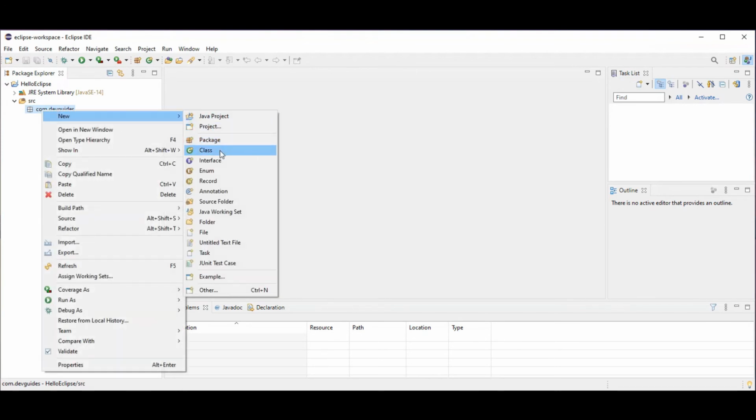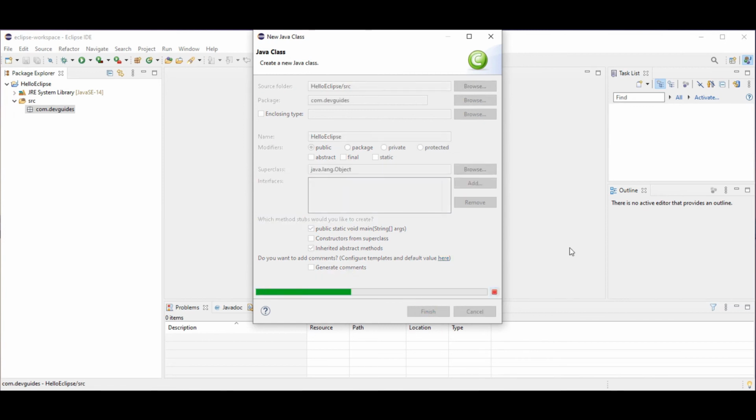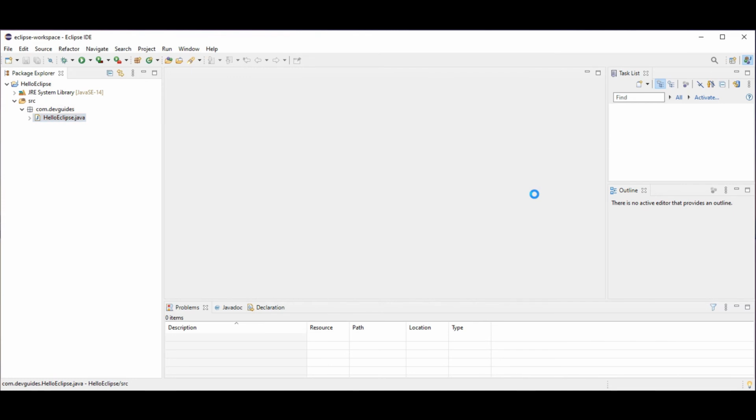So click on new class, then give the class a name. Let's give it HelloEclipse. I will check this so that it creates a main method for us. Then let's click on finish and now it should create a Java class with a main method in it.